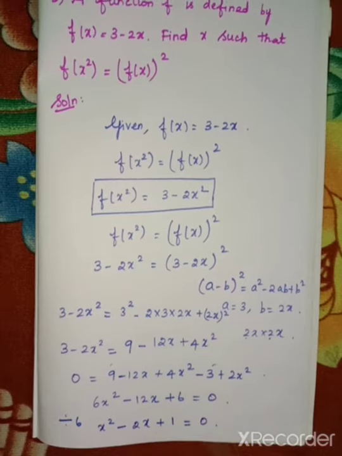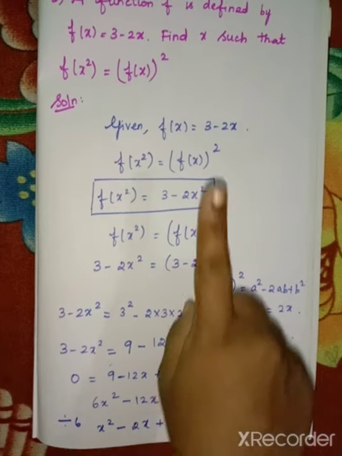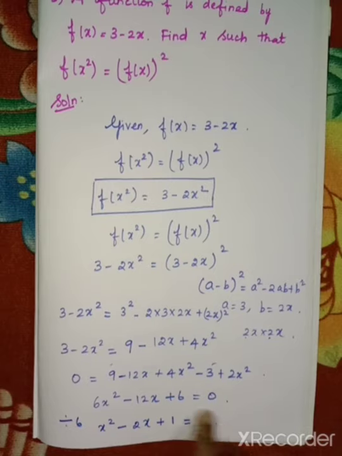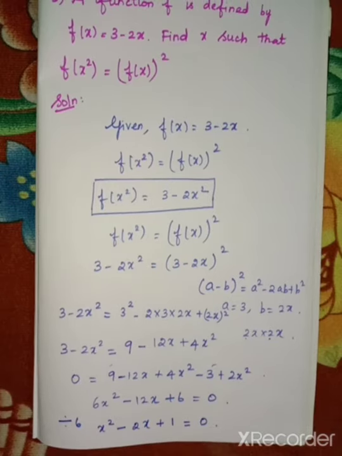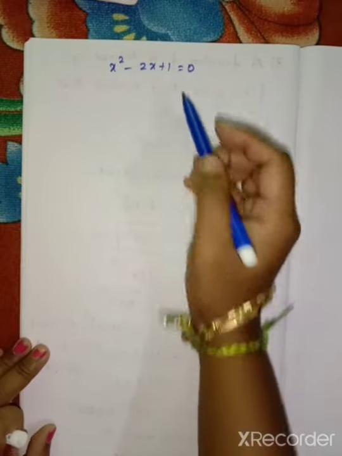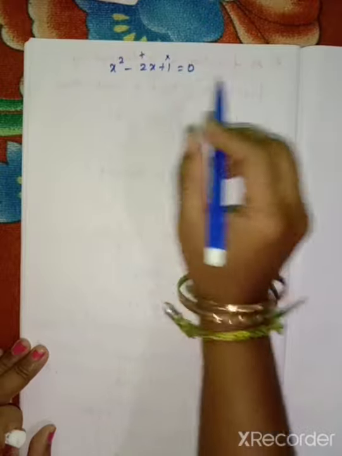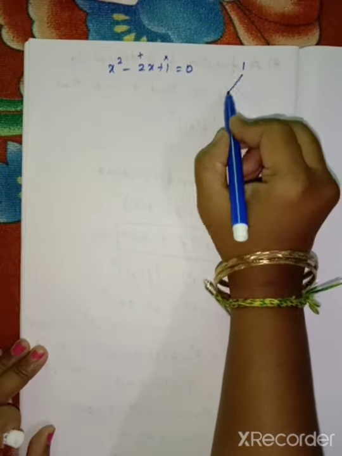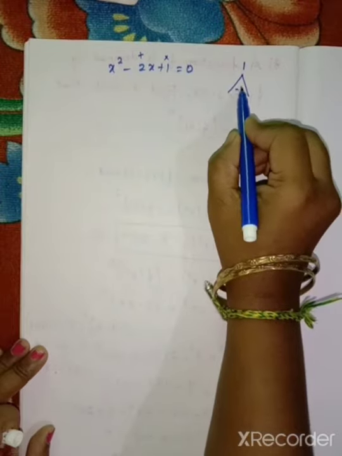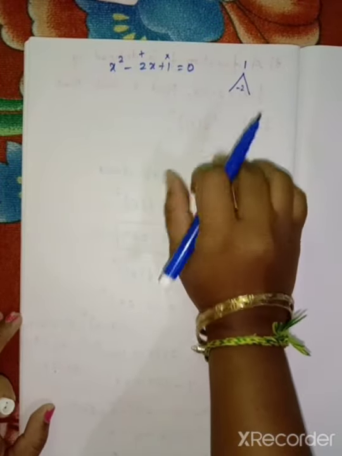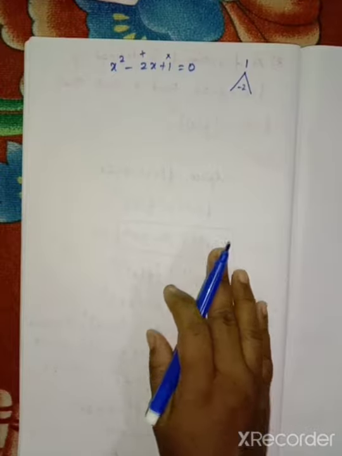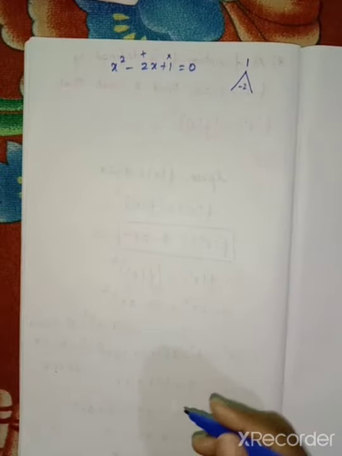Then we want to find the value for x, so for this we have to use the splitting method. In 8th standard and 9th standard you have studied that factorize method, like that alone we have to use here. That is, here we want to multiply, this is for the addition. So multiply means you have to write in the top, center term you have to write in between the V cross. So use the same table for the multiplication and also for the addition.